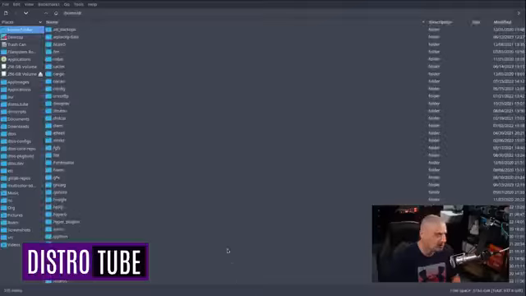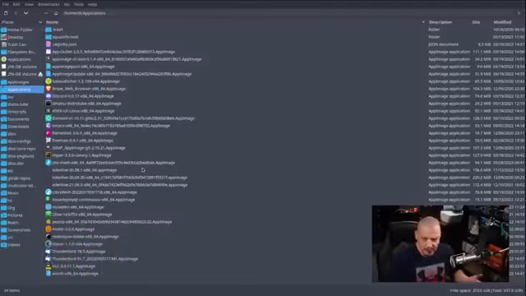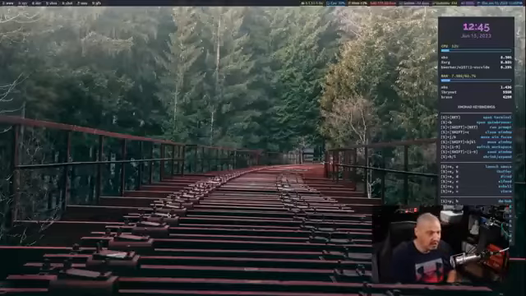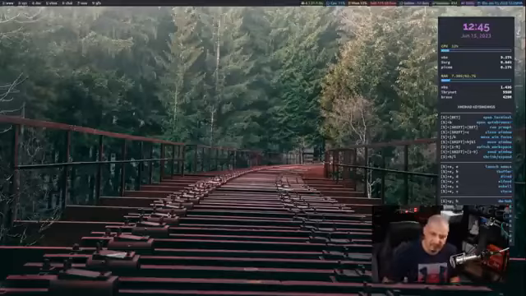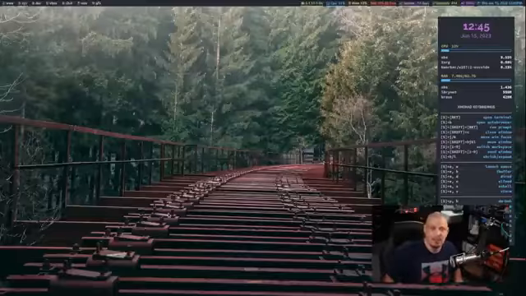And if I open my graphical file manager here and I go into my home directory /Applications with a capital A, this is the directory you typically store your AppImages. You can see I've downloaded a number of AppImages here on my system, applications that either work better for me as an AppImage, or I keep an AppImage around because I want a specific version of that particular program, or maybe the application isn't in my distribution's repositories